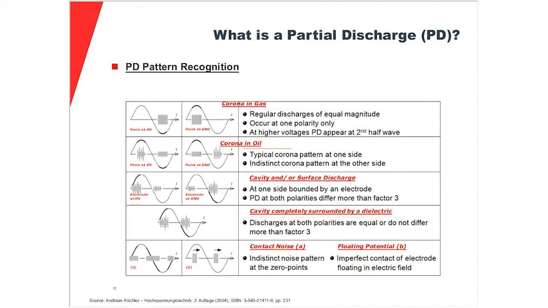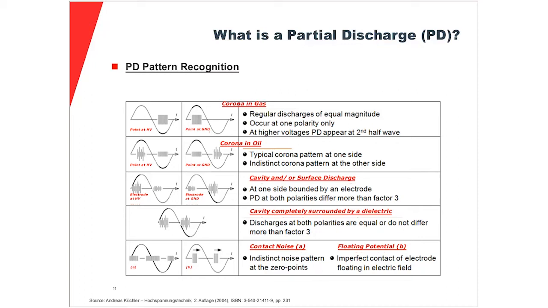Then on the next thing, you have cavity and or surface discharge. You again see here the typical pattern. If it is on high voltage potential, you would have the distinct PD pattern here on the positive half cycle, and vice versa if the electrode is on ground. Normally, or as a rule of thumb, we can say that the factor of the distinct partial discharge is about factor 3 or higher than the